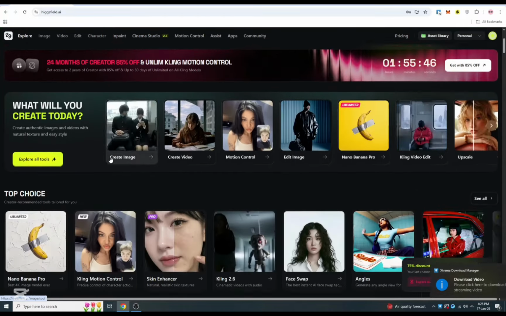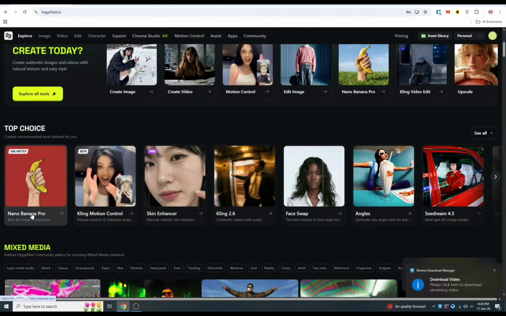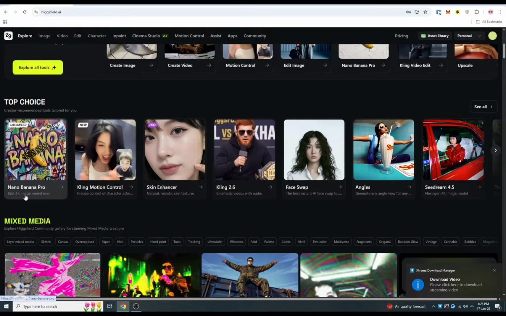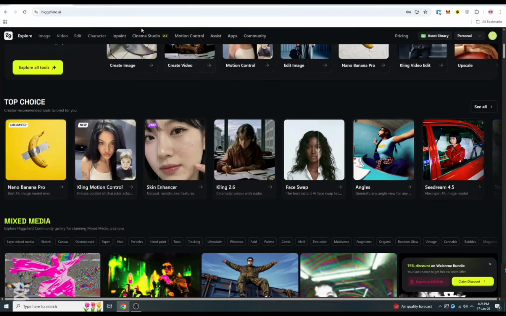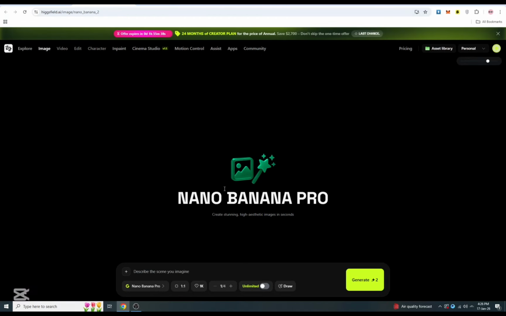If you want to get Nano Banana Pro, you can check out the best 4K image model here. You can simply click here and Nano Banana Pro is here. Nano Banana is a next generation image engine that generates production ready visuals in up to 4K quality.